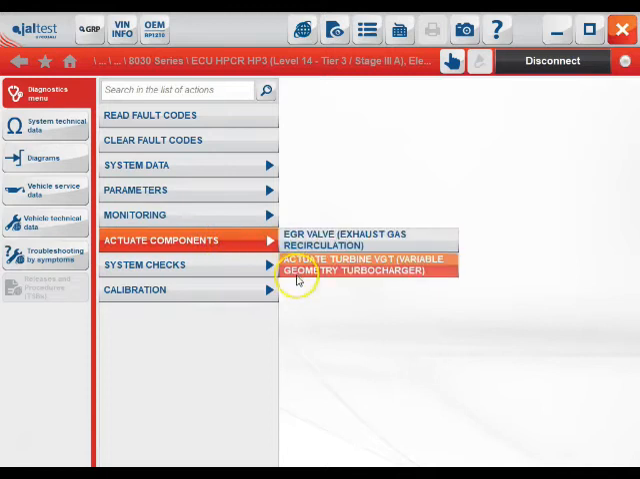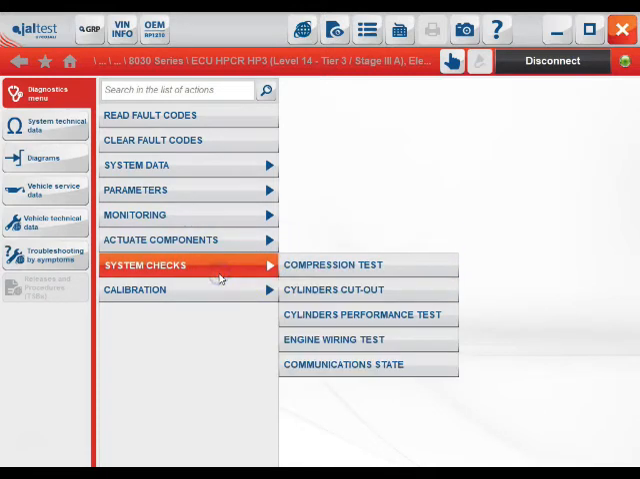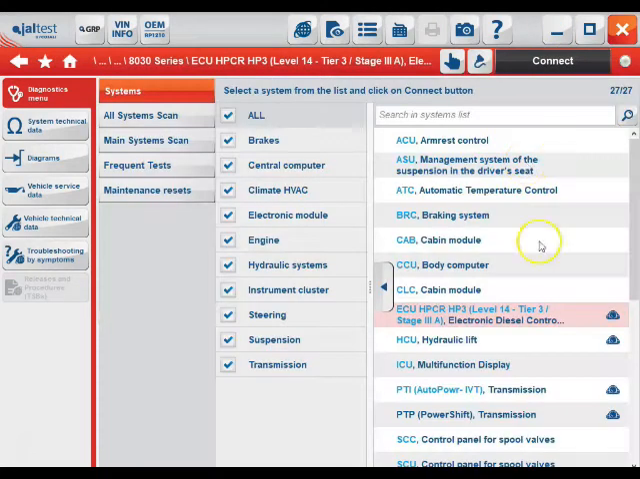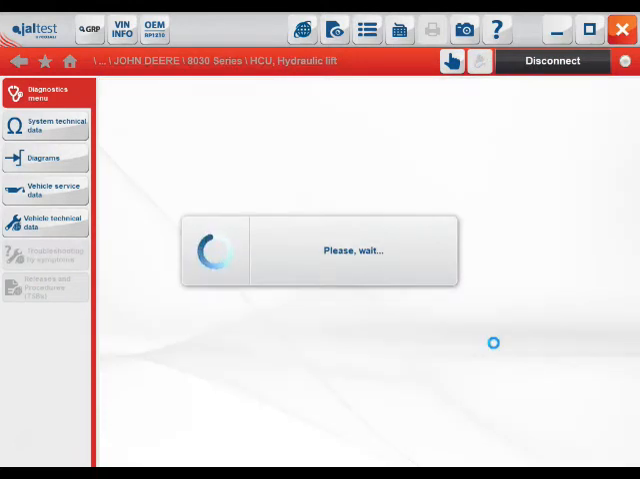out. Actuate, here's where you can test that VGT and EGR. Of course, your system checks for your cylinder cutouts, wiring tests, and then your calibrations for your VGT and EGR. In the lift,